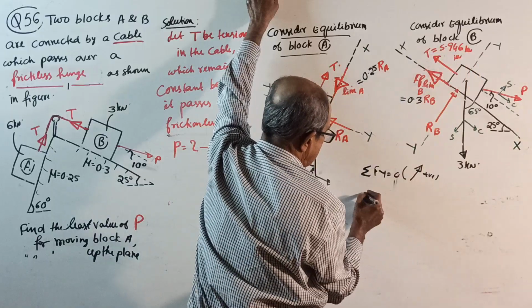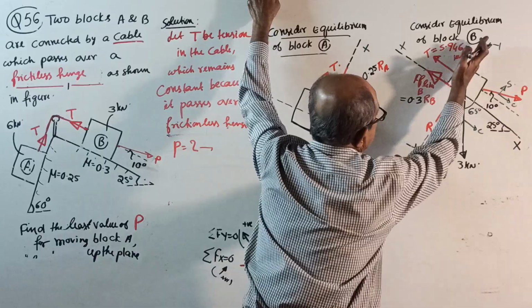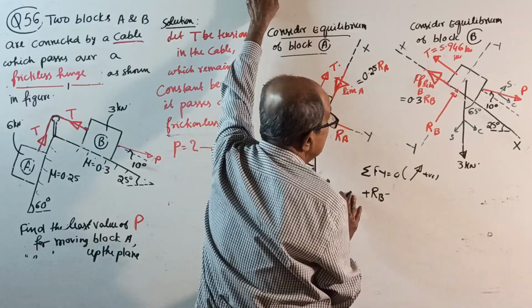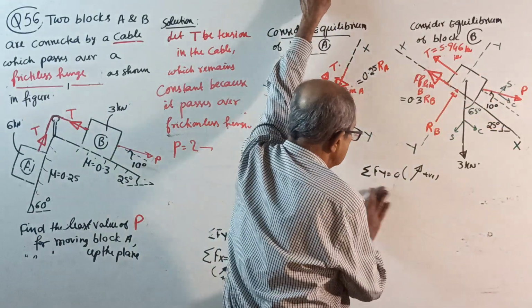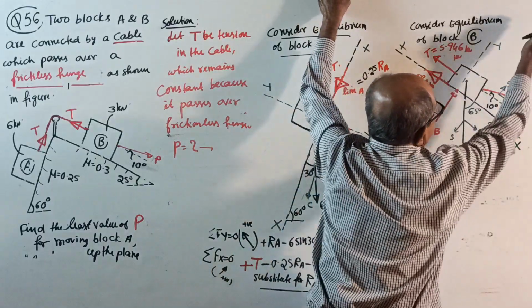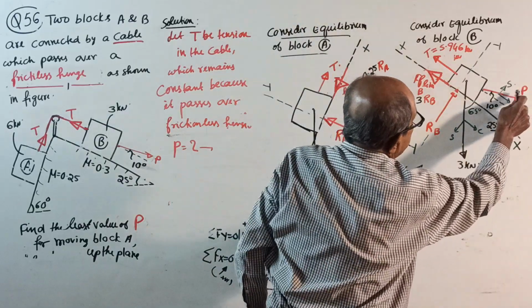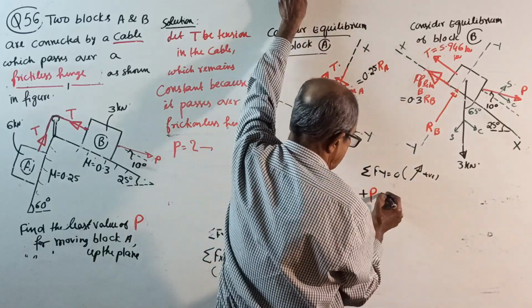Plus RB minus, what one thing, see, unknown is P. You start from P first because now P also is there. See here, P is going this way, this component, plus P sin 10, see, plus P sin 10,